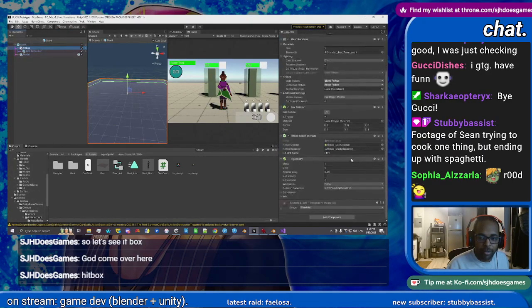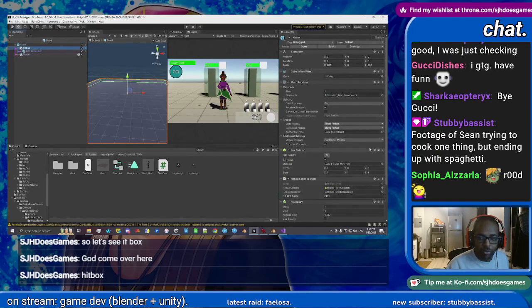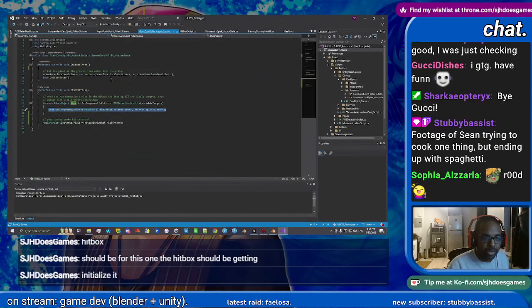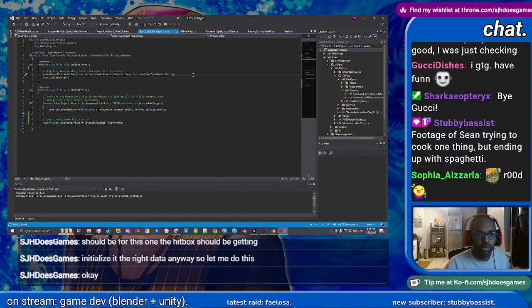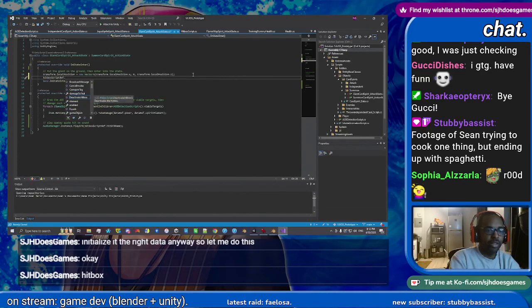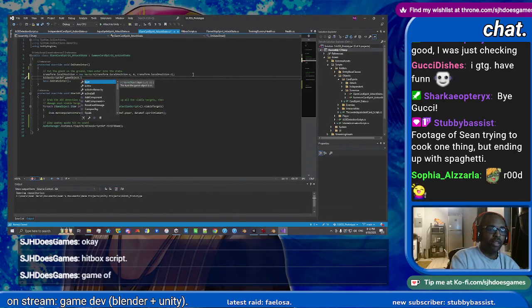Hitbox. For this one, the hitbox should be getting initialized with the right data anyway. So let me do this. Okay, that's cool. Hitbox script ref dot game object dot layer